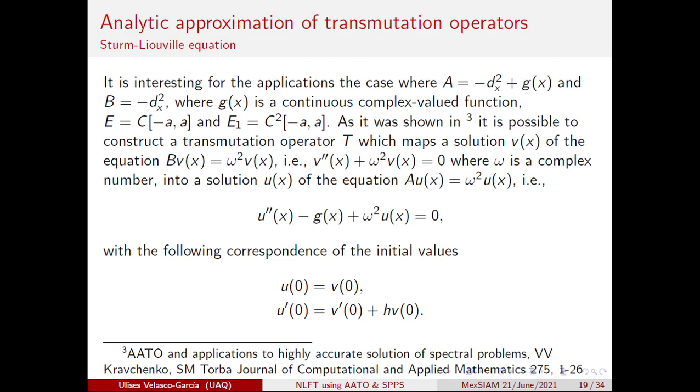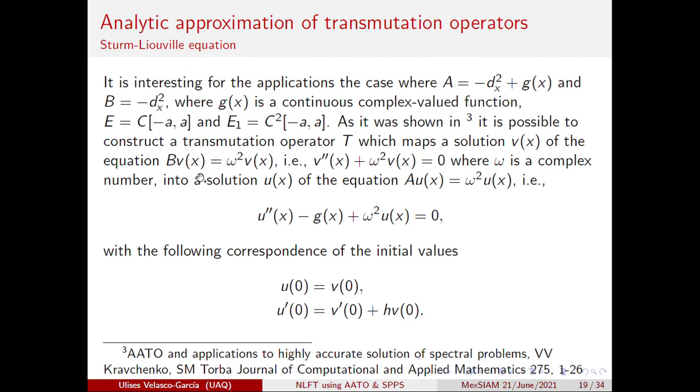So we're interested in a particular case of that theorem. A and B are differential operators. G is a continuous complex-valued function for the first operator A. E1 is the C2 space from minus A to A. And it is possible under those conditions to construct a transmutation operator T, which maps a solution V of the equation